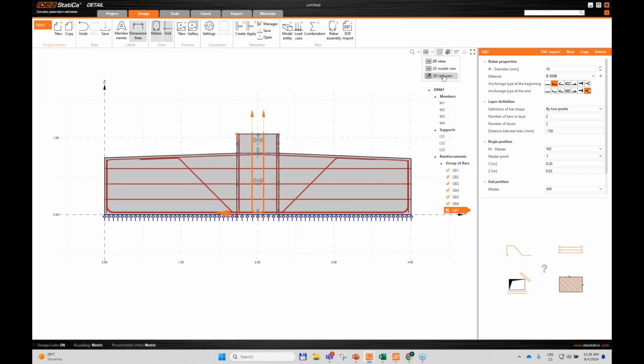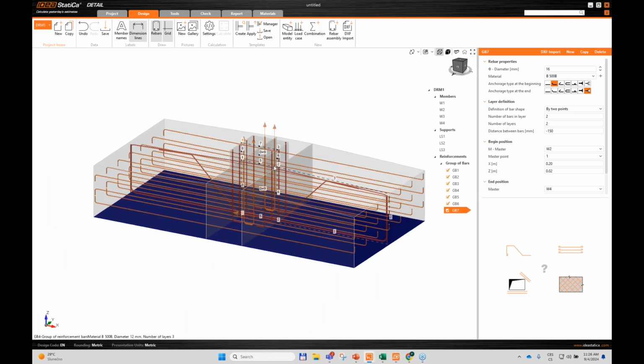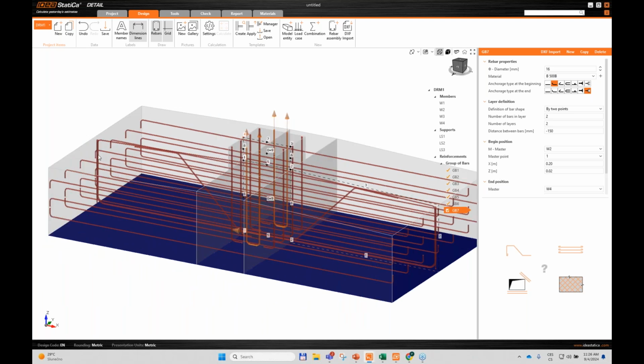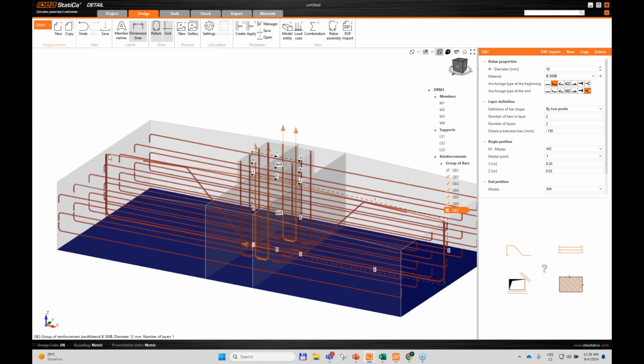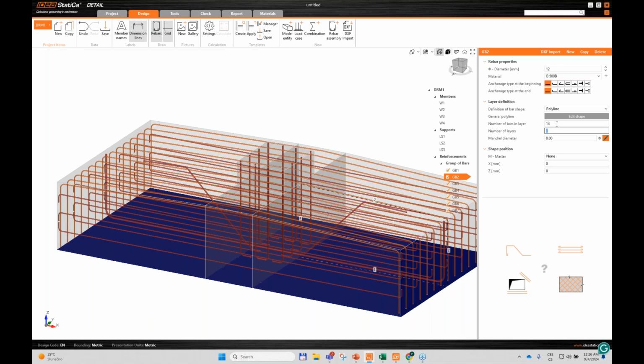Now I can go to the real view and see if I have correct numbers. It's a great way to check if it's all right. And you can see that I forgot to change numbers for the imported reinforcement, and I can easily change that. I don't have to start from the beginning. Yes, also the same